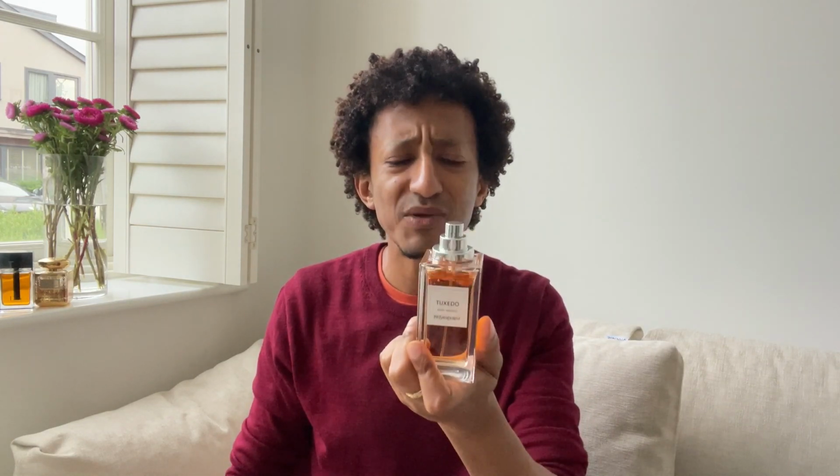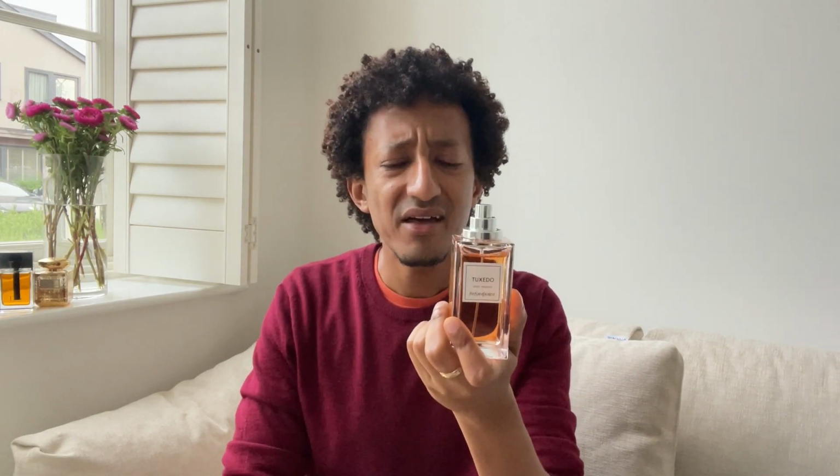This is perfection. Now, this fragrance here, I know is a very, very popular fragrance, and I took a long time to purchase it. I'm not sure why. I think my taste had changed and I wasn't sure if I still liked this fragrance, but I tried it. I fell completely in love with this fragrance. Sorry, I'm so excited talking about all these new fragrances. So Tuxedo is,